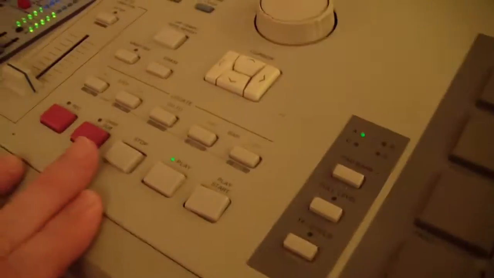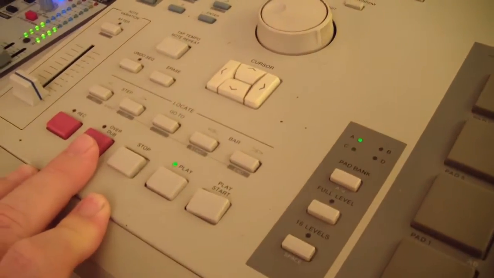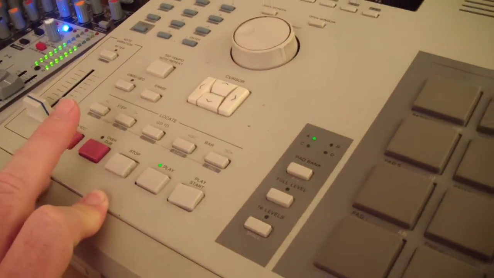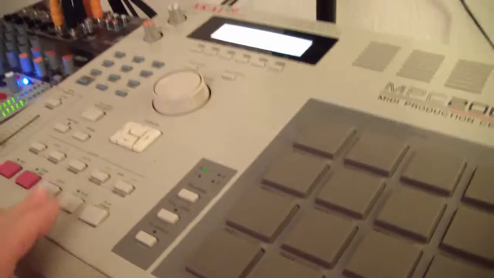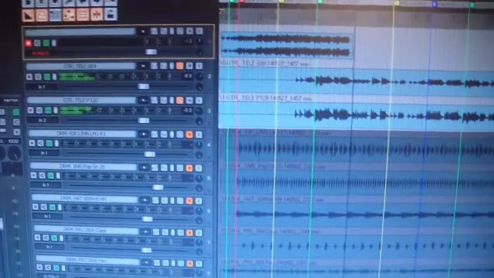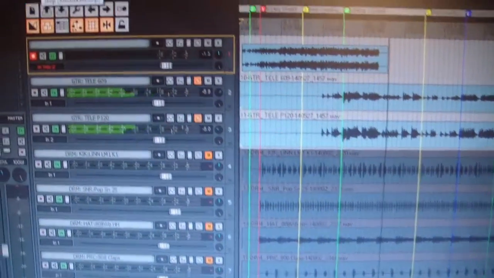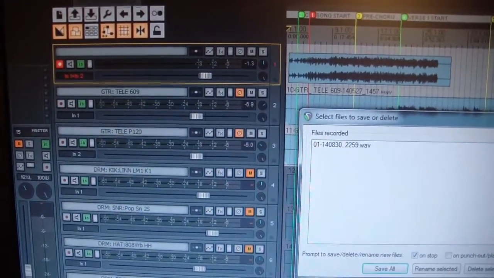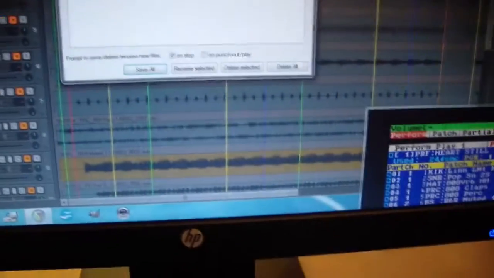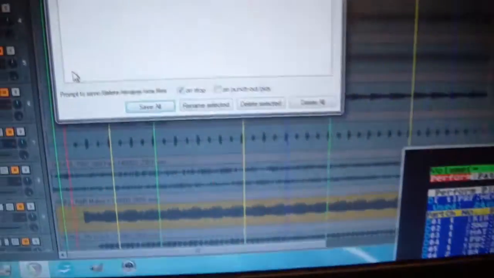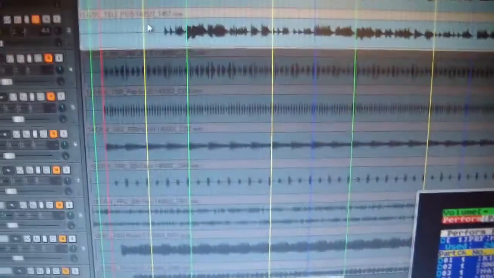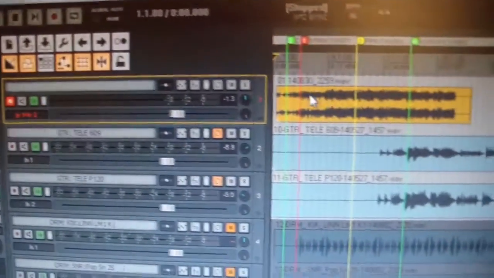Stop recording, just hit stop on the MPC to stop that sequence. Excuse me, stop to stop that sequence. You also have to hit stop on Reaper. It won't accept that stop for some reason, I don't know. Then of course you'll save all as usual. And there's our newly